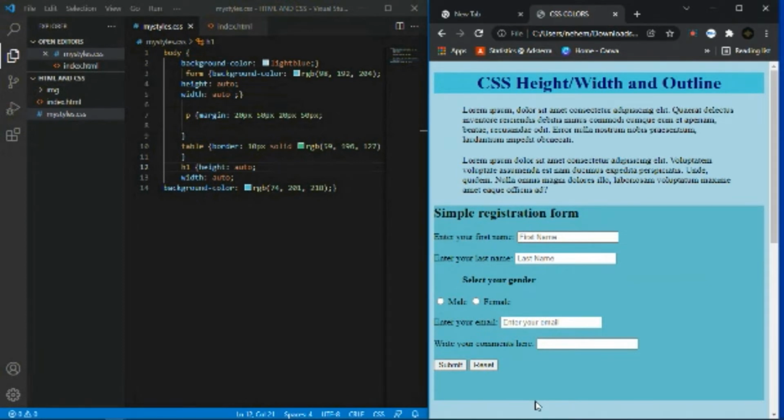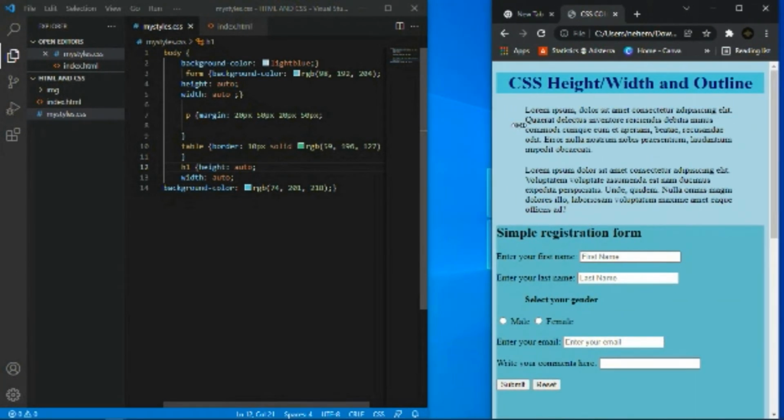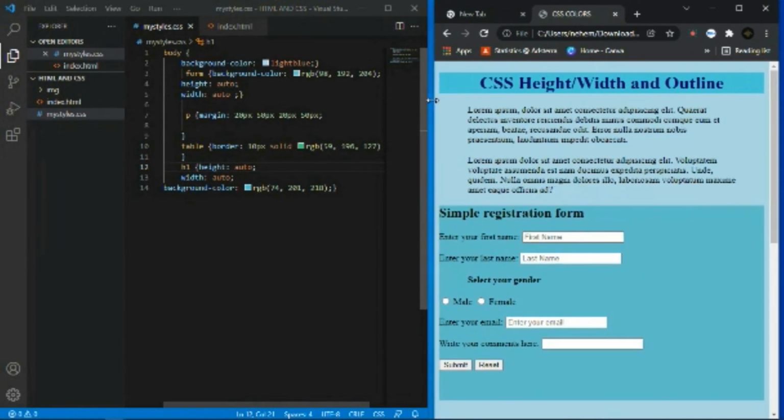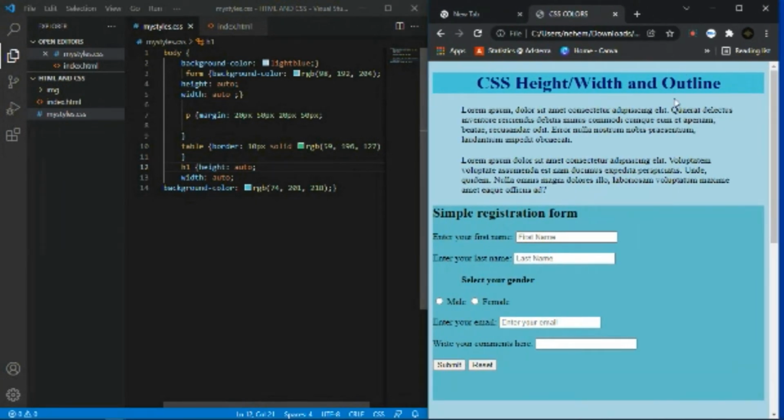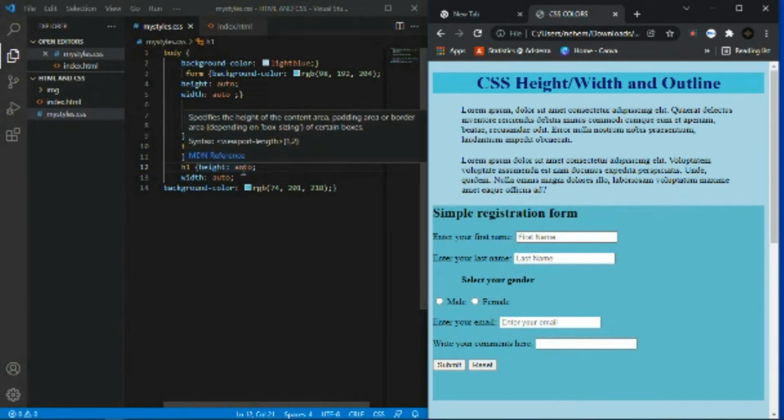Sometimes it depends on the gadget you're using. When you shrink or resize this window, in other devices and other browsers it might display different things, some things which are not very well organized. So you might want to have the max width property. With the max width property, you just go to your selector, which is H1, and